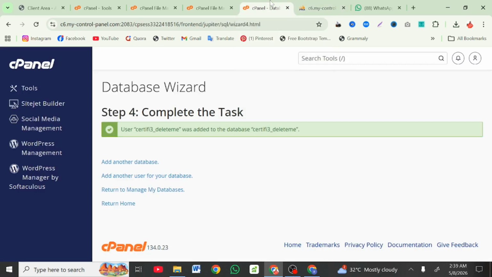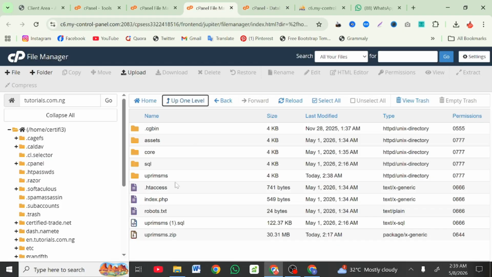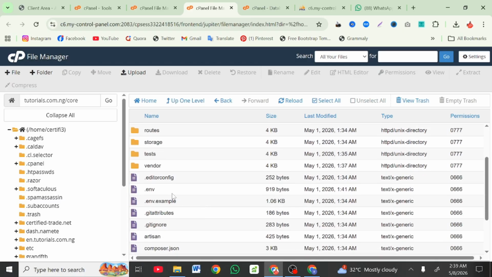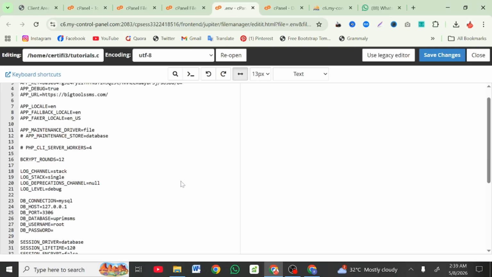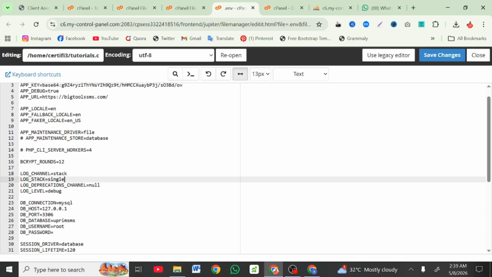Then you remember you have your database that you created, so you copy it, copy everything here, go back to this file, click on your core. Inside your core, open your .env file. So this .env file, you click on edit. Now on this edit, you come here, as you can see, big tools SMS. So you come here,